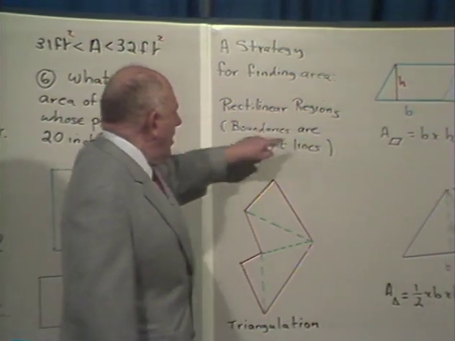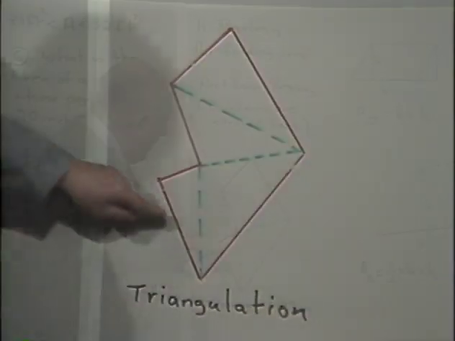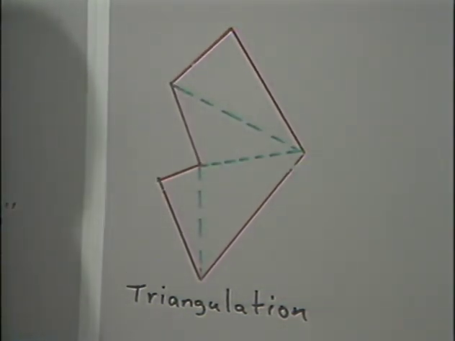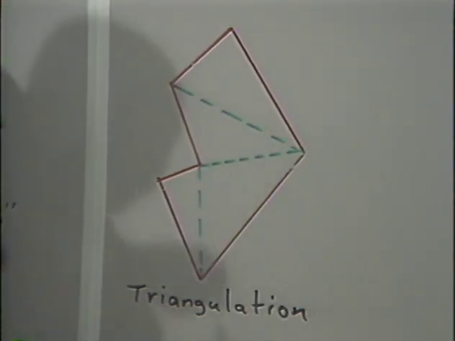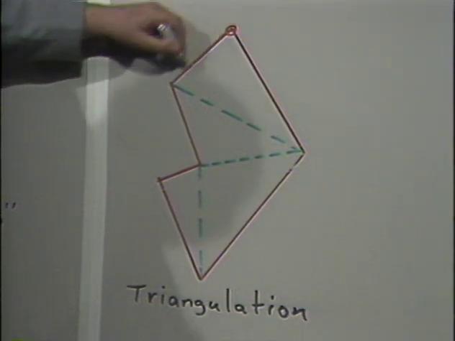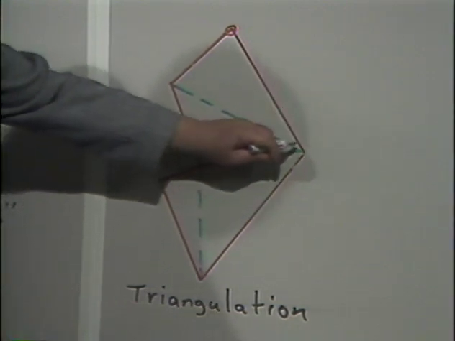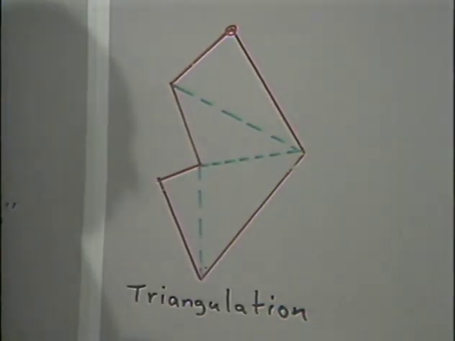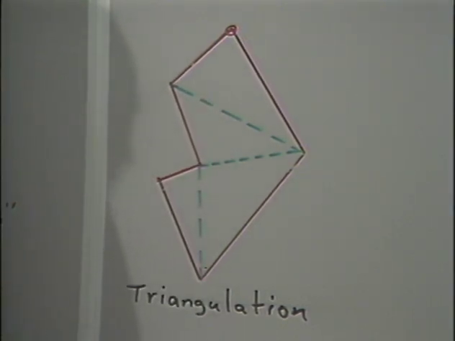A rectilinear region simply means a region all of whose boundaries are straight lines. Like, look at what I've drawn in red over here. It's certainly not a rectangle, but are all the boundaries straight lines? Yes. So this would be called a rectilinear figure. Basically, whenever you have a rectilinear figure, take any two consecutive sides. Consecutive sides means that they meet at a particular point. Look at this line and this line. Join their endpoints. Now look at this line and this line. Join their endpoints. Then, for example, look at this line and this line. Join their endpoints. And to make a long story short, do you see that this construction allows me to break this region down into a bunch of